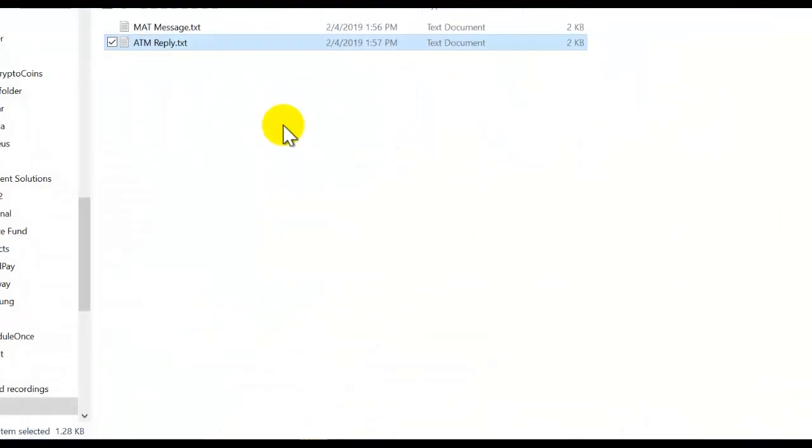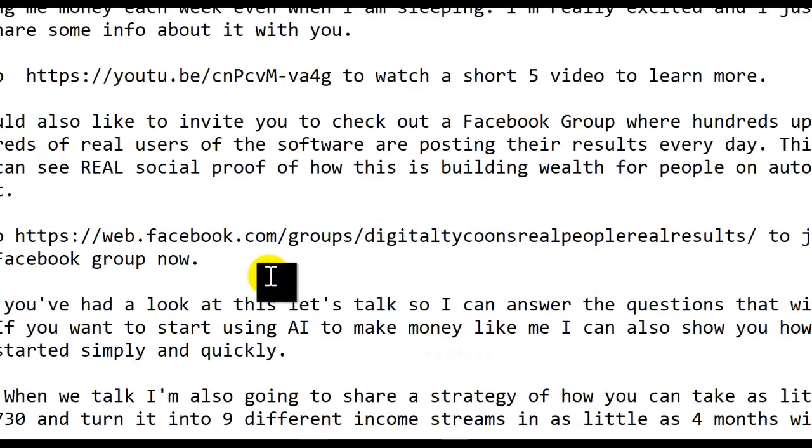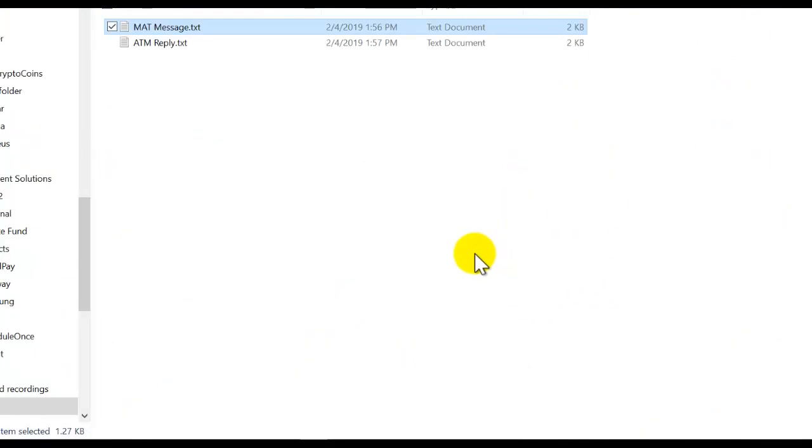So for example, I've got a little message here for MAT: message, add, tag. I've introduced the idea to them, and I've said to them, go to the Facebook group and add yourself. Or I might say to them, I'm going to add you to the group and tag you in a message. Look out for that in your Facebook notifications. So that's the other approach: message, add, and tag. So ATM, add, tag, and message, for those who trust you and know you. Message, add, and tag for those who don't know you so well.